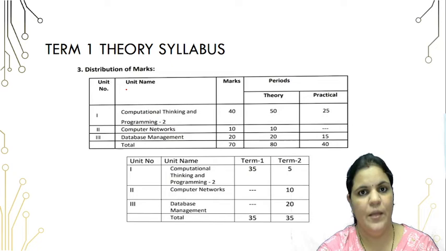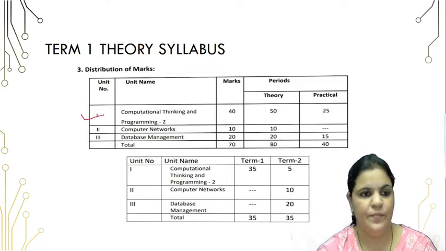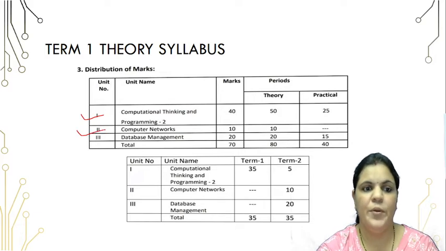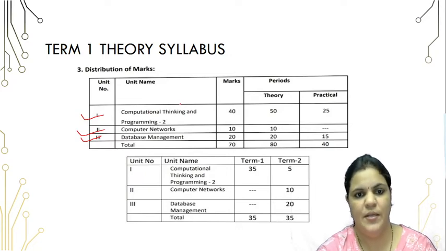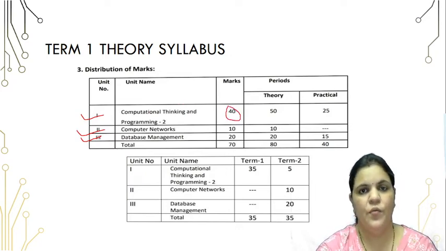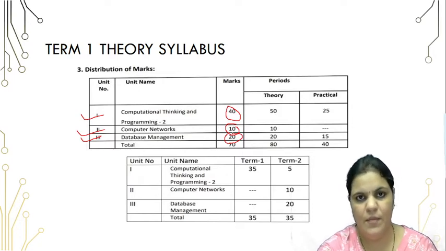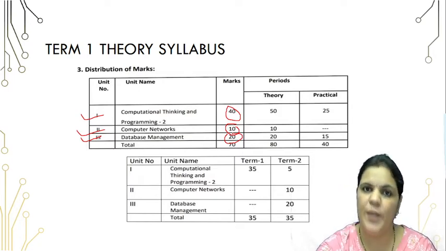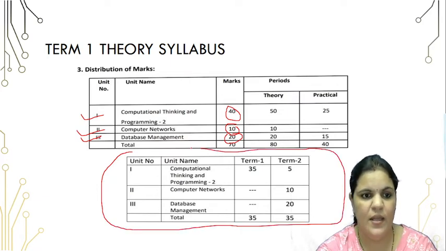As you all know, the computer science subject comprises 3 units in class 12th. First one is computational thinking and programming 2, then computer networks and database management. The marks distribution for the units is 40 marks for unit 1, 10 marks for unit 2 and 20 marks for unit 3. The overall theory distribution is 70 marks and 30 marks belong to practical, as CS is a practical subject. So for term 1 and term 2, the division of marks is defined in table 2 as